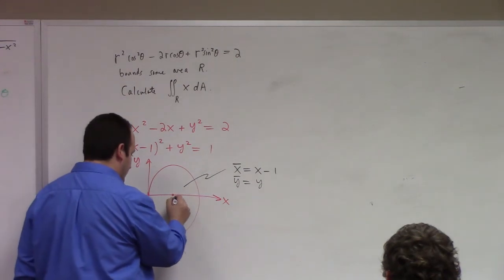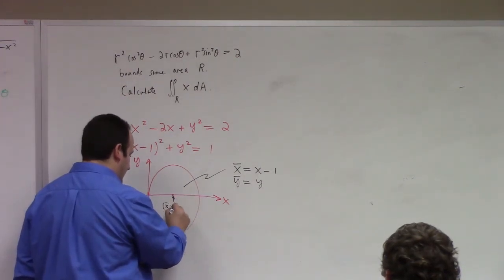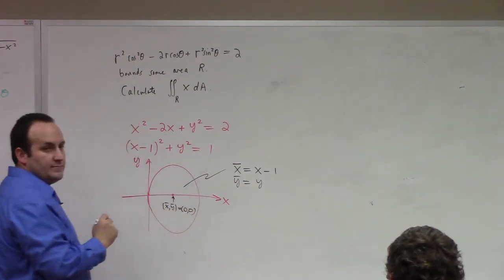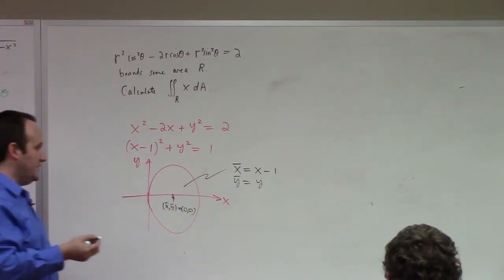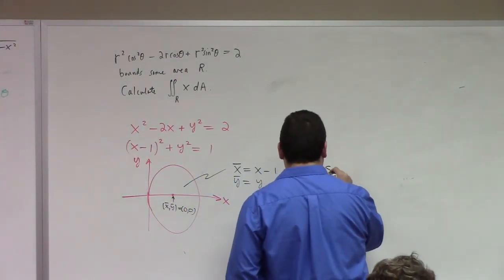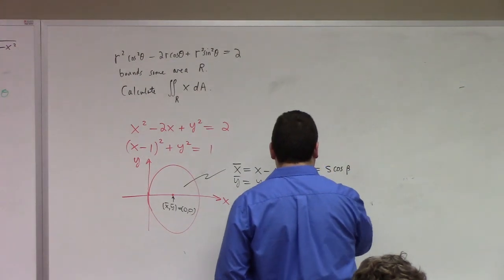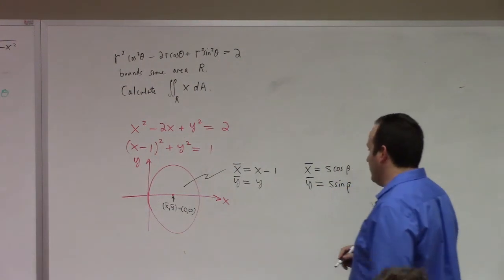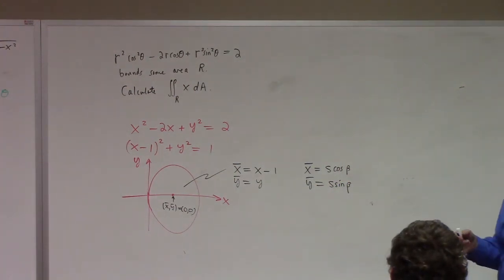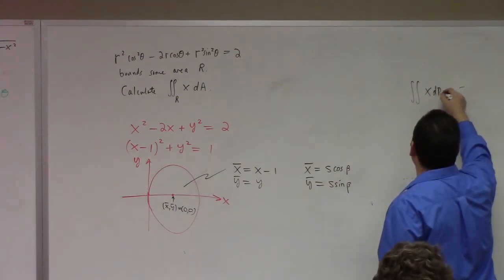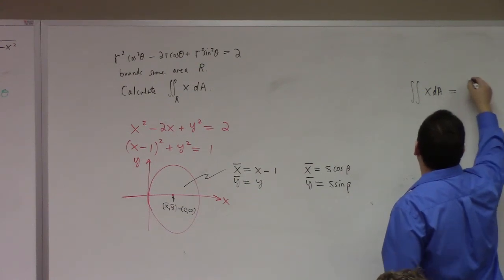Right, so that makes this point right here where x bar, y bar is equal to 0, right? And then I would suggest to you we can say x bar is equal to s cosine beta and y bar is equal to s sine beta. These are modified, shifted polar coordinates based on that new point, right? And if I calculate the integral of x dA, it's pretty clear geometrically I can go from